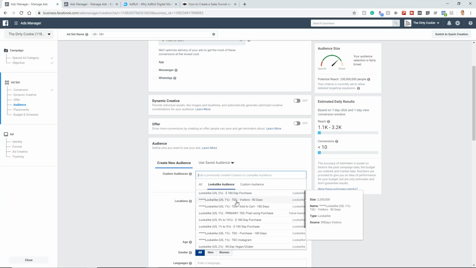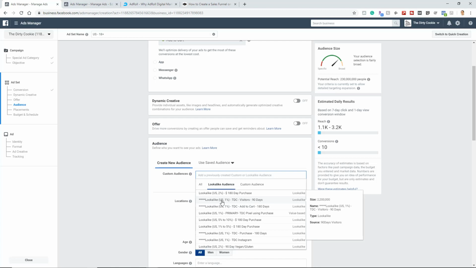So I've starred the ones I like. This is a lookalike audience in the United States, niching down to the 1% of the United States. As you can see, the size over here is 2 million. So just 1%. I like that. It's highly focused. I'm forcing Facebook to go out and find users very similar to the custom audience I created